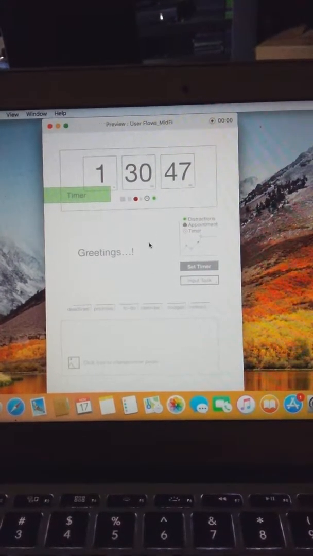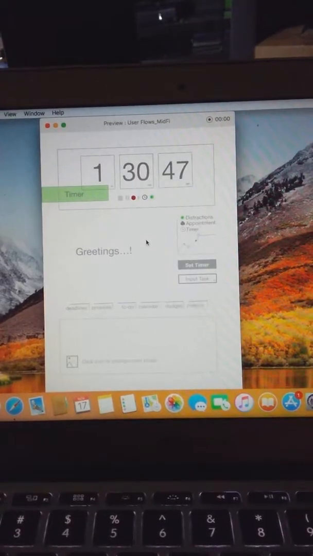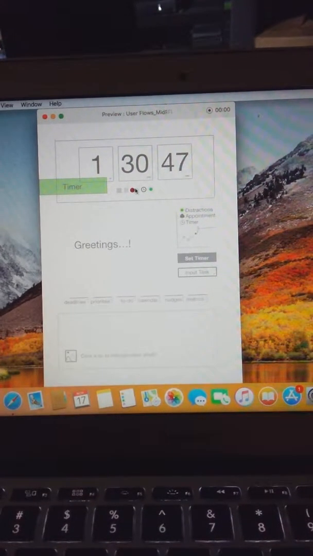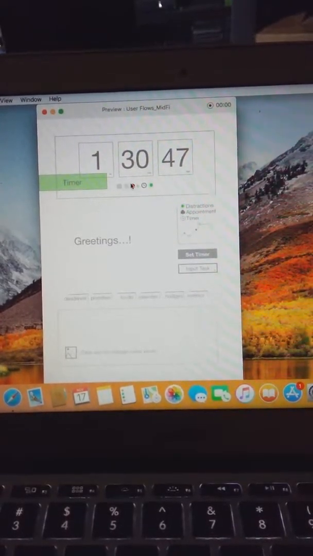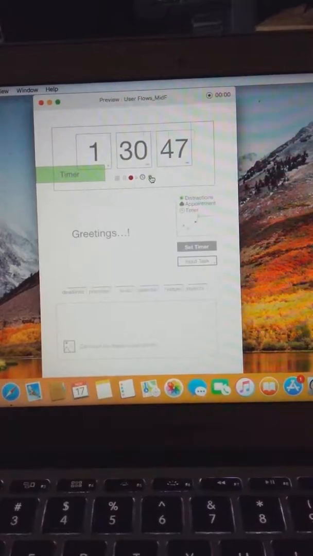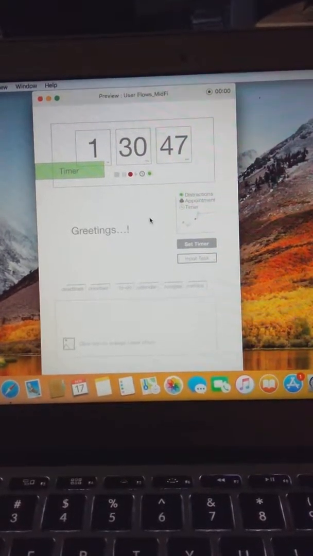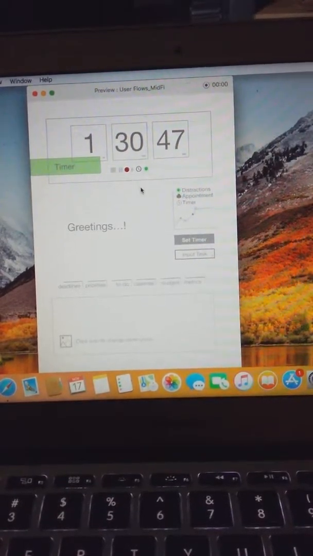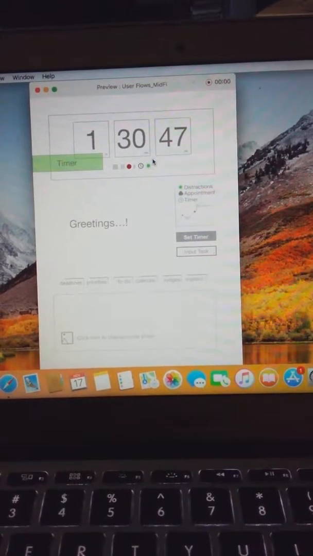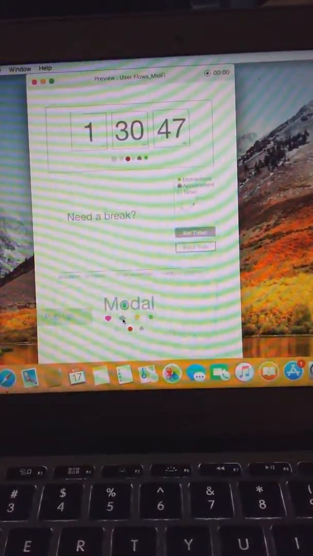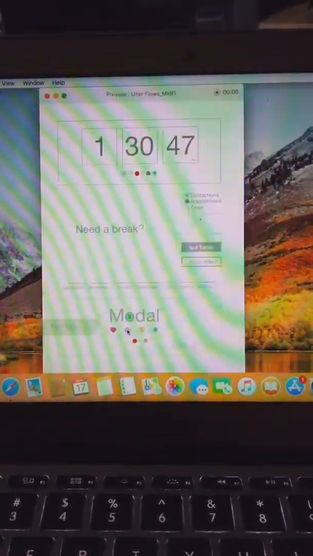All right, so the intent is that this is the dashboard, and all of these buttons are operational. There's still some work that needs to be done, but it's supposed to be a timer that tracks your productivity for specific tasks. If you get distracted by social media, or there's a task that you're working